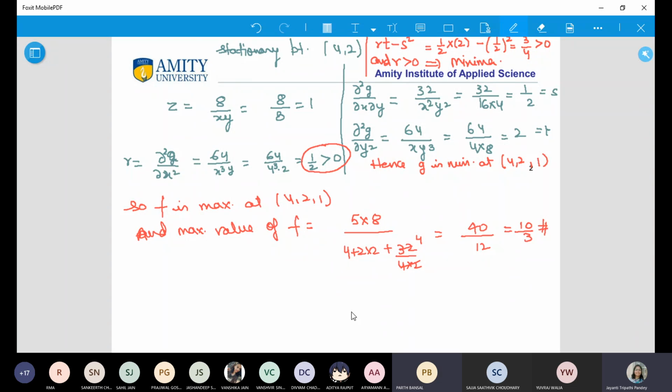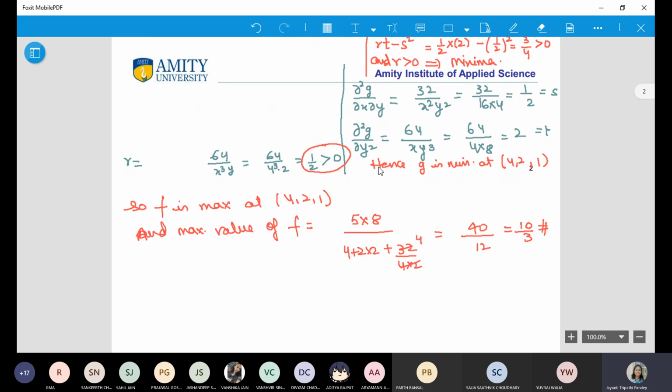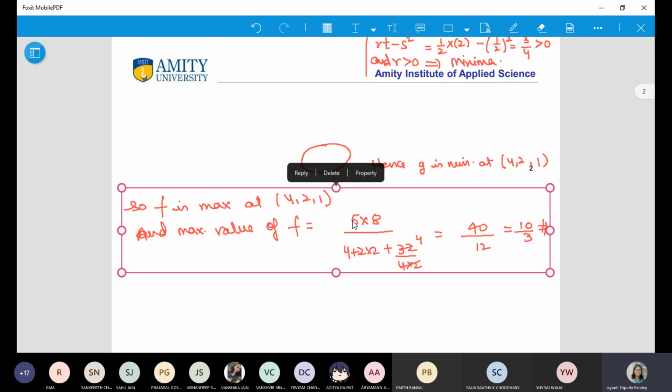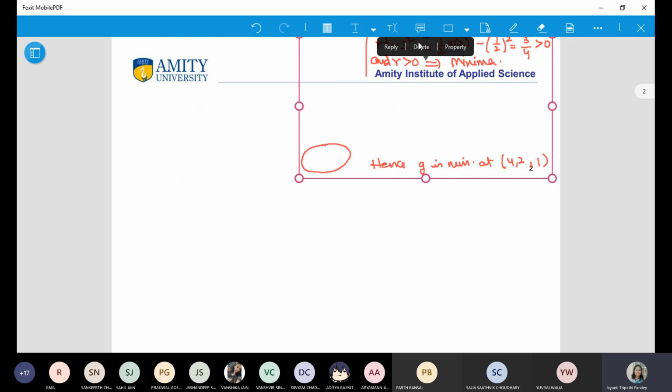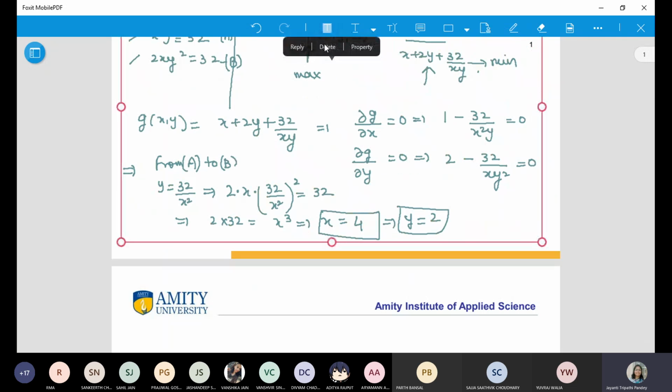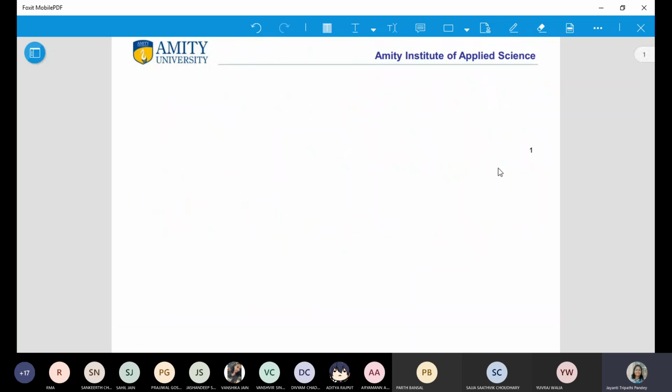Yes, ma'am. Let's do one more question, then I'll proceed to the next concept. Find the volume of the largest rectangular parallelepiped that can be inscribed in the ellipsoid